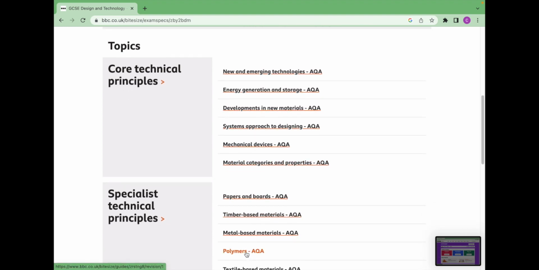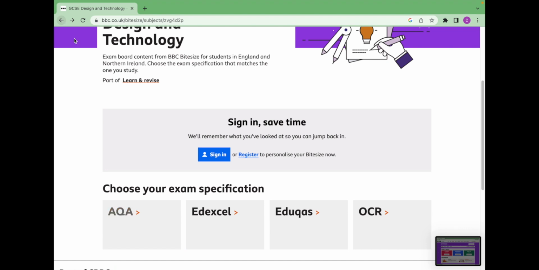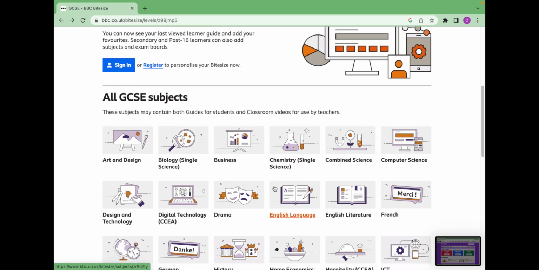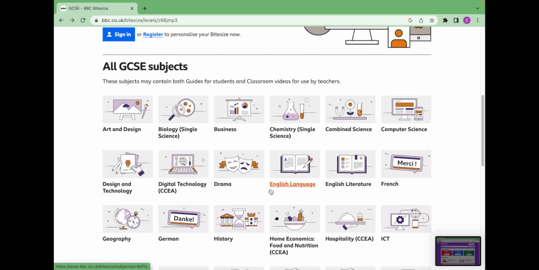If you're looking for product design, you need to be looking at the AQA specification. If you're looking for food preparation and nutrition, you will be looking at the economics section. Either way, your classroom teachers will help you with that and tell you where you need to be looking for the correct